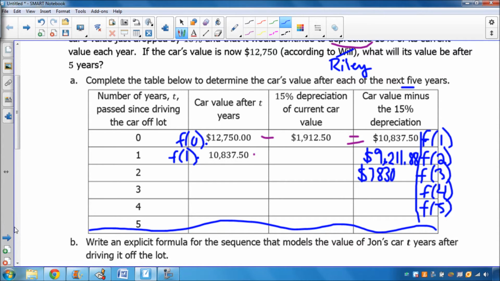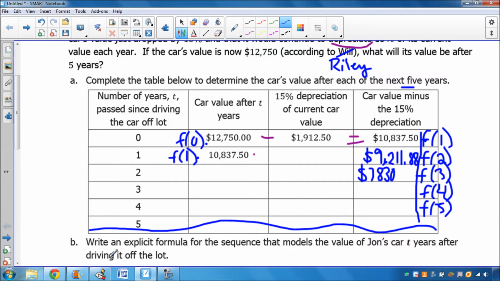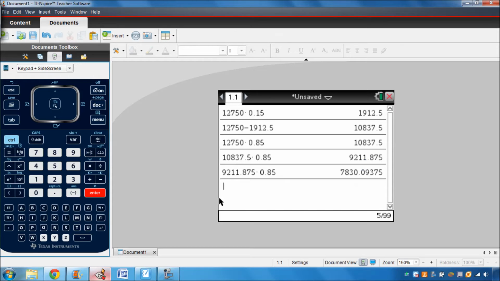I'm taking the full number that we have here, this 0.875. So that way I don't have any rounding errors when I do my operations right here. So it's $7,830.09. Then I can take that value and multiply that by 0.85, and that's how much I will have for